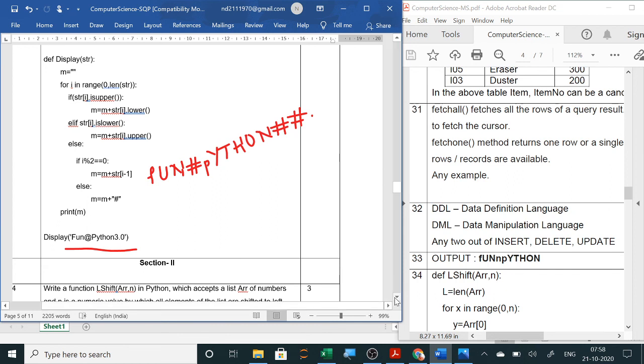Now next question. So this is your section 1. So this is over. Section 1 of your part B, the descriptive part, is over. So already we have done 10 questions today of 2 marks each. So 20 marks. So this is very important. Now the next section we will do in our next video. These all will be of 3 marks, each 4 questions of 3 marks. So this we will do in our next video.